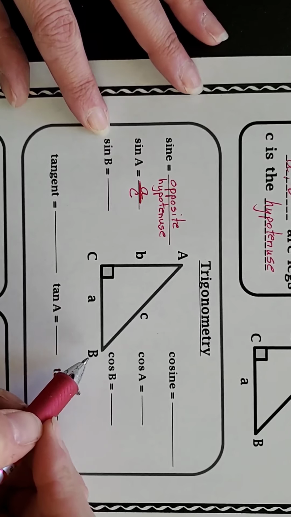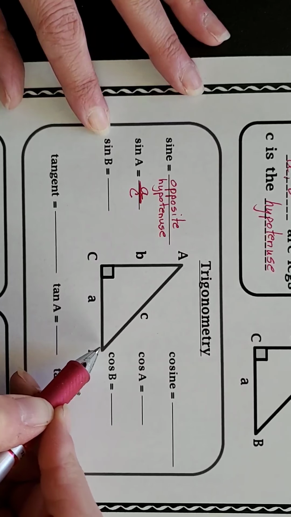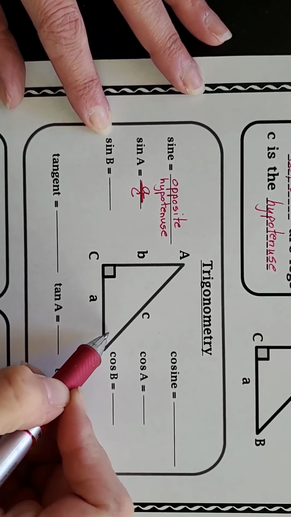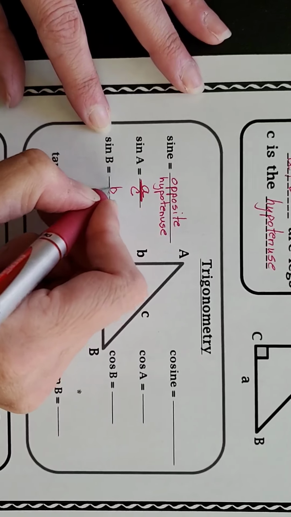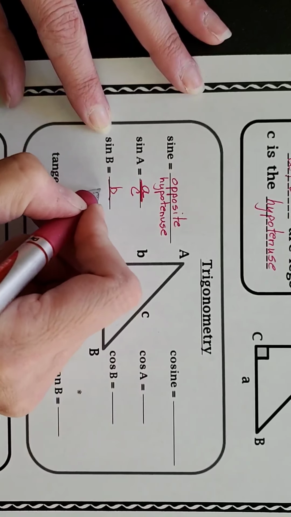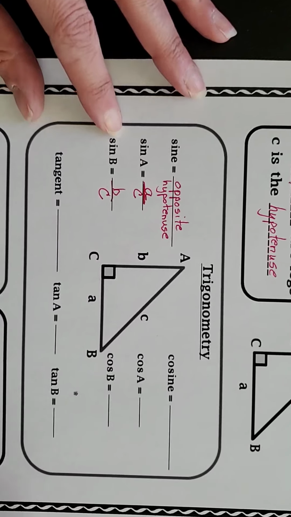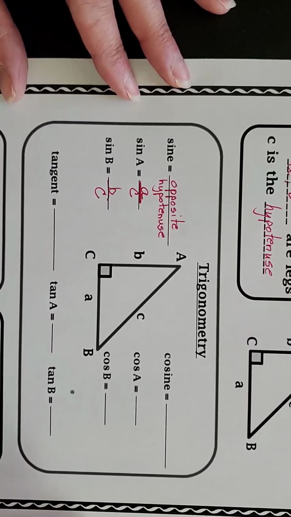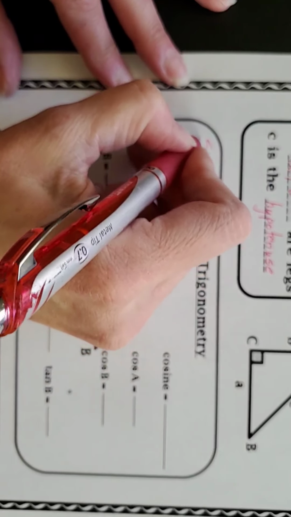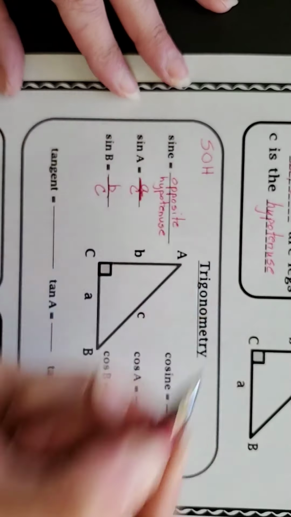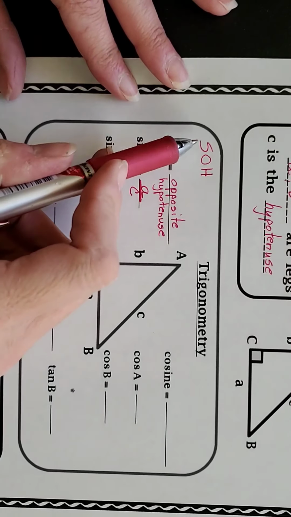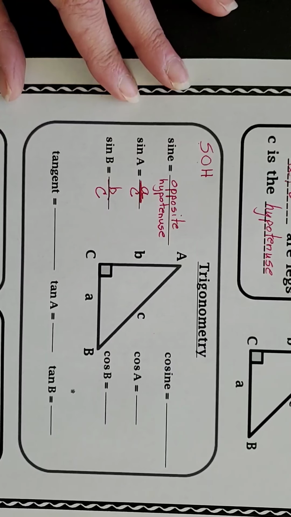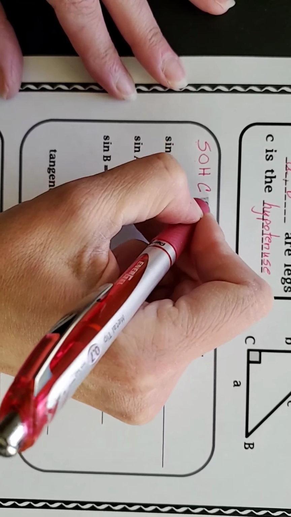And you can be in the other angle as well, angle B, and this changes your perspective. So the opposite is a different side. The opposite of angle B here is little b, and the hypotenuse stays the same. In a right triangle, you always just have one hypotenuse. So that's the sine function, opposite over hypotenuse. And we begin to write this acronym. Sine is opposite over hypotenuse. And some of you are going, oh, I remember that. That's SOH. And then the second part is CAH,